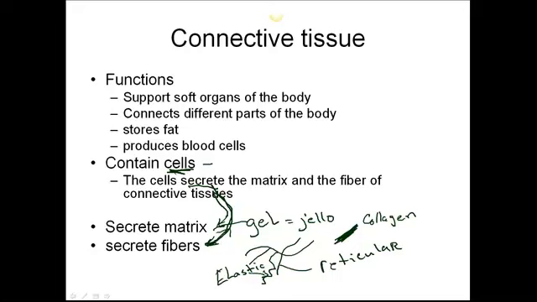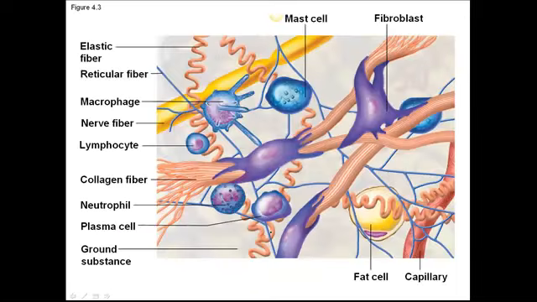So if you flap the top of your ear over, pull the top of your ear down and let it go, it'll go right back. That's because of the elastic fibers in that cartilage. So here is like loose areolar. This is a loose connective tissue. Here are the elastic fibers. You see they have a lot of different